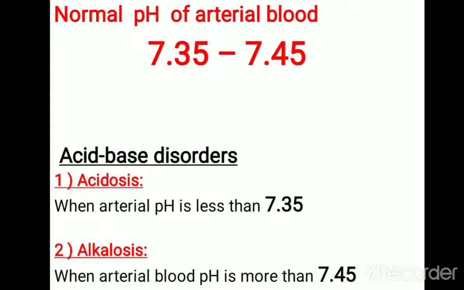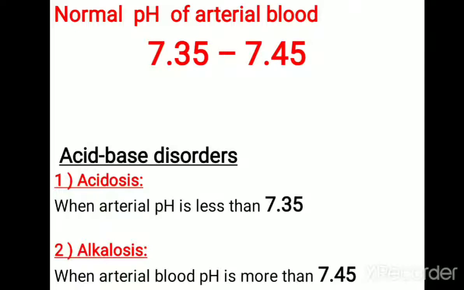Then you should write what is the normal pH of arterial blood. The normal pH of arterial blood ranges from 7.35 to 7.45. Here the lower limit is 7.35 and the upper limit is 7.45. If the arterial blood pH is less than 7.35, then the condition is known as acidosis. If the arterial blood pH is more than 7.45, then the condition is known as alkalosis. So these are the two acid-base disorders, one is acidosis and another one is alkalosis. In acidosis, the arterial blood pH will be less than 7.35, and in alkalosis, the arterial blood pH will